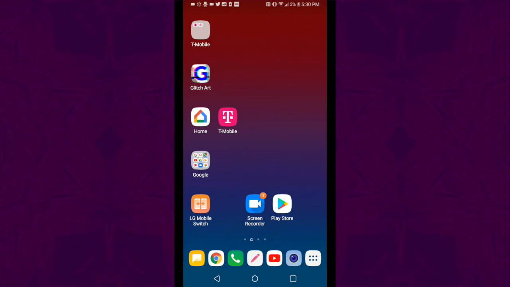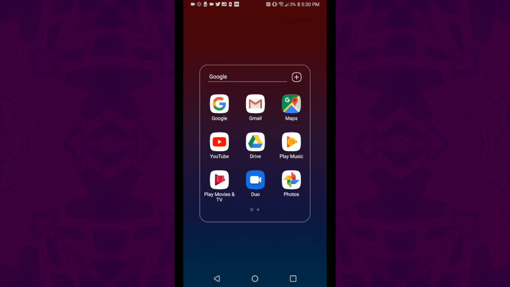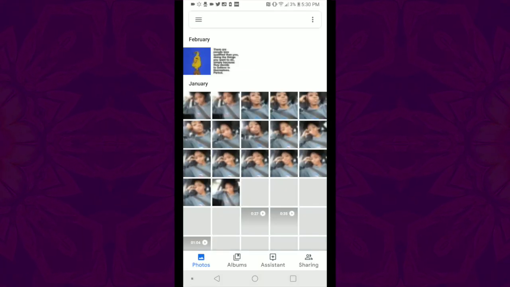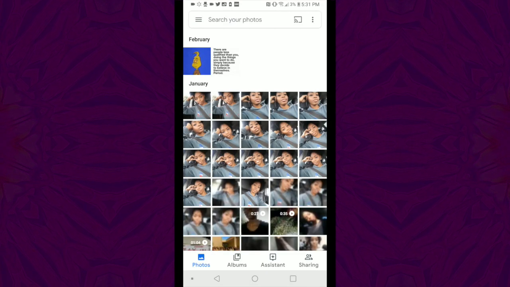Here we go. So I'm going to start off by opening my Google Photos app, which is in this little folder right here. Just click on Photos. Okay, and now I'm just going to be editing this video. I'm going to look at the bottom where it says Photos, Albums, Assistant, and Sharing,